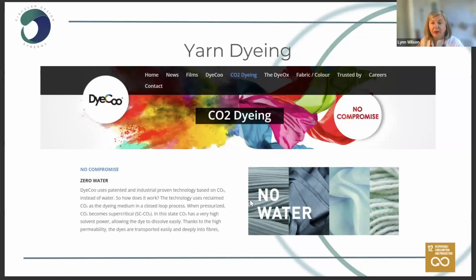And whilst we have cottage industry, we have natural dyeing, we have different types of dyeing, we have 3D printing on textile, which also reduces the need for water. Daiku is one of the most advanced commercial companies, and the reason to highlight that is in the challenge of